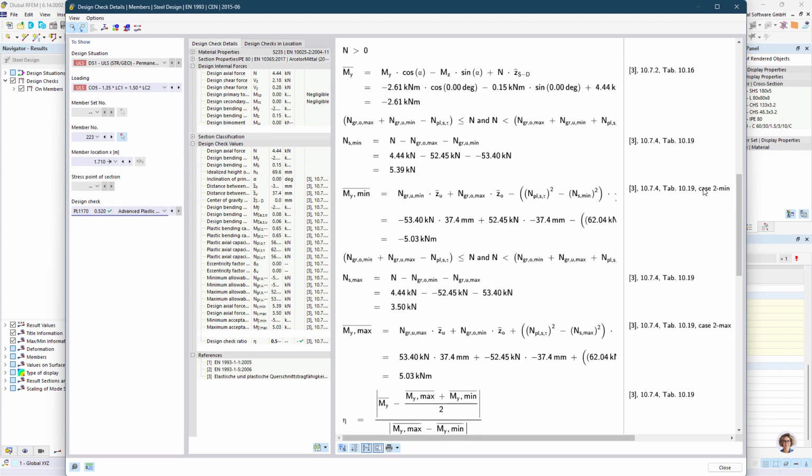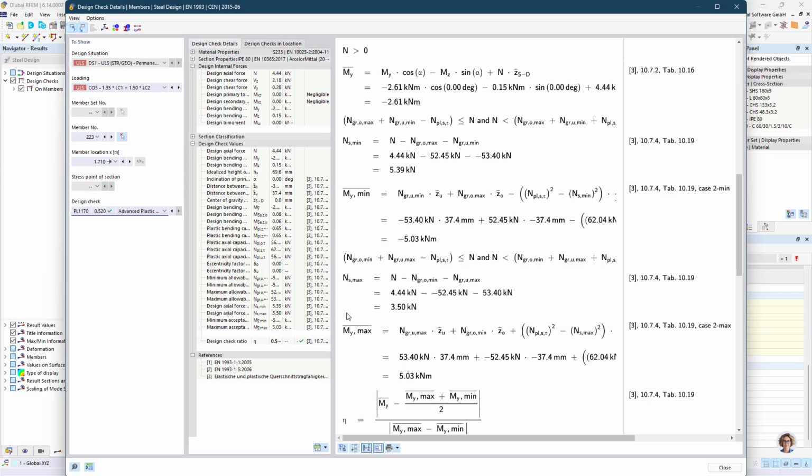So only case 2 is considered, because now we already know that we are in this case in the interaction diagram. And for this case, the minimum and the maximum allowable bending moment is calculated based on our normal forces. And the last thing we have to do is to check if our design bending moment is located between these two